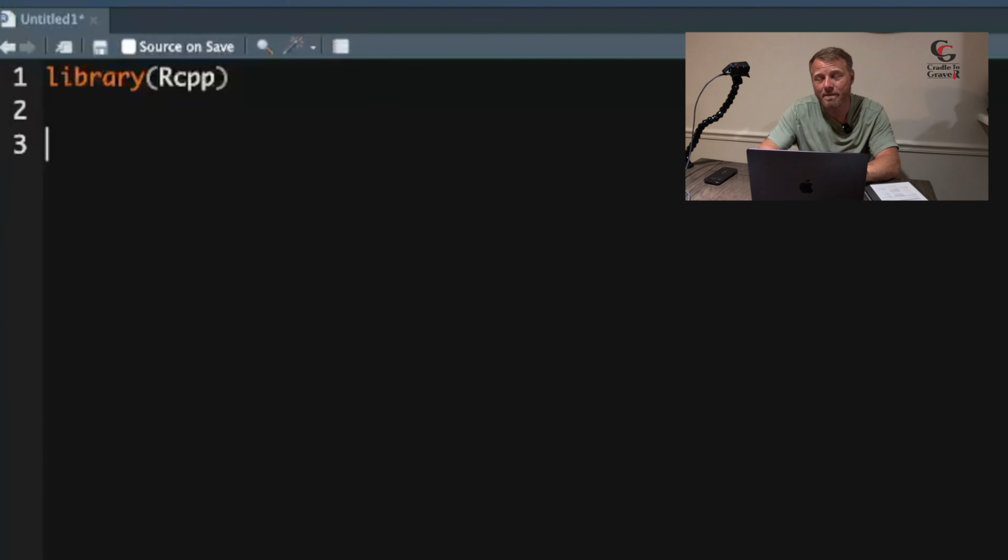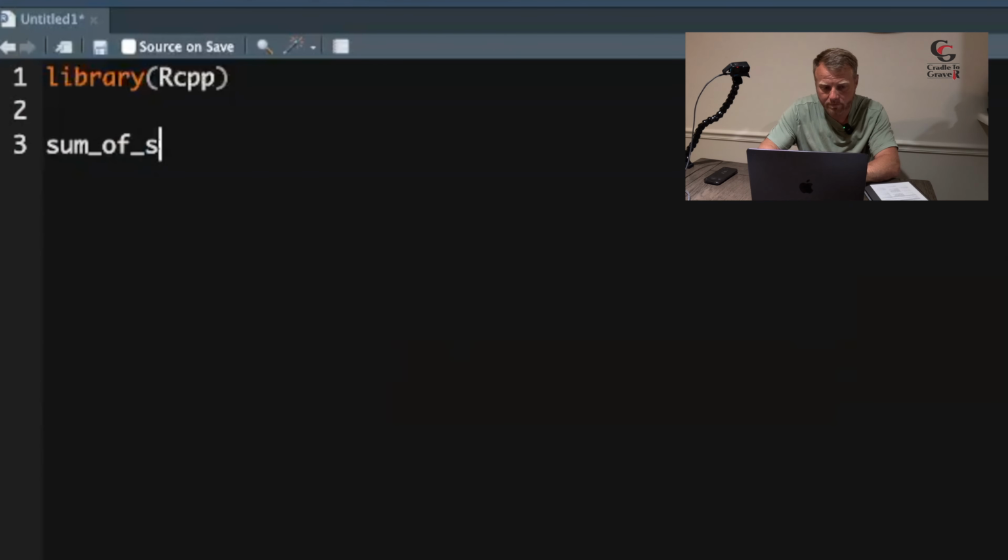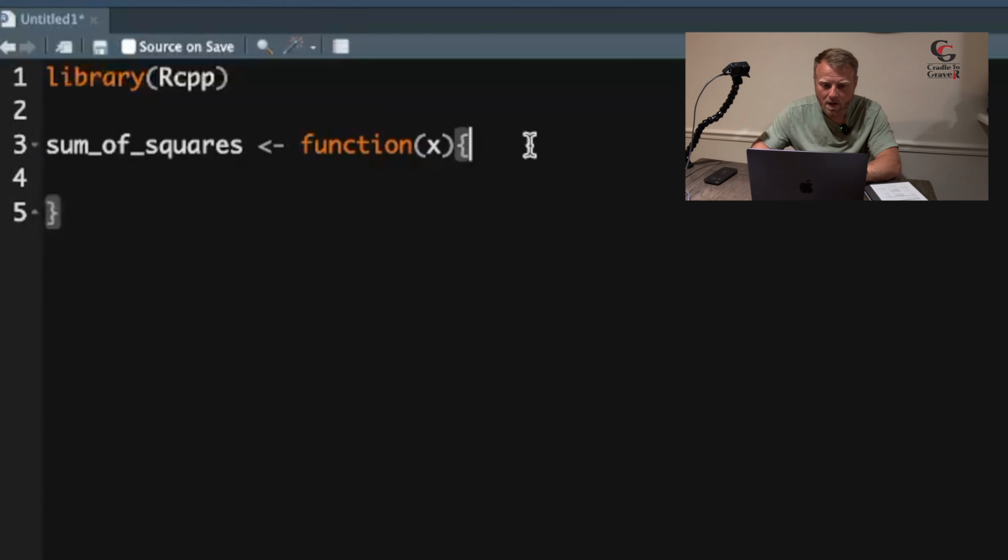So this is all from memory. It's been a while, as you know. I haven't been on this channel in a while, but let's just create the function called sum of squares, and we'll make that into a function that takes in a variable x. And of course the code for that should simply be,